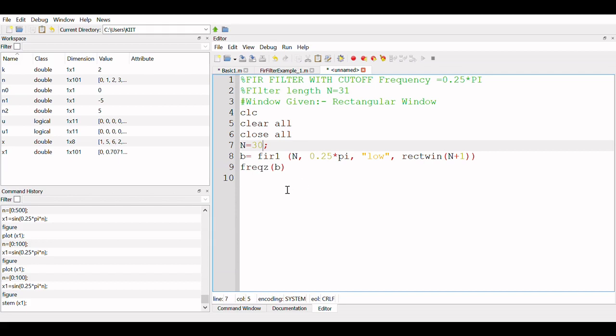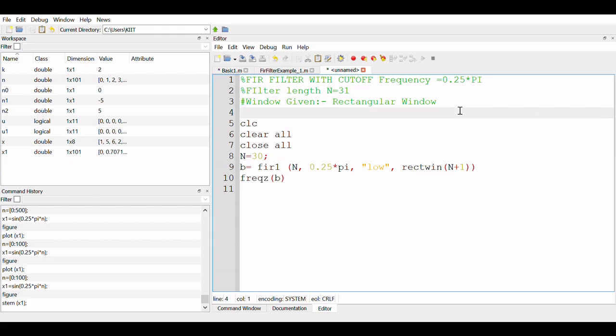Now you know that FIR filters are mostly all zero filters.